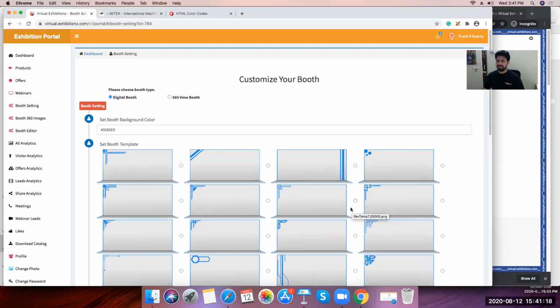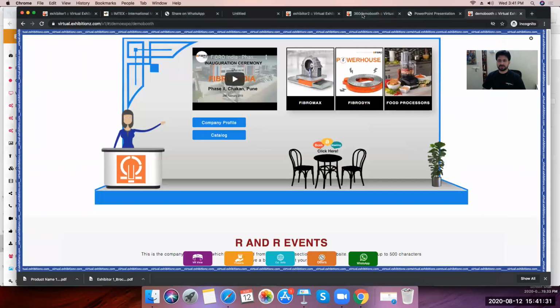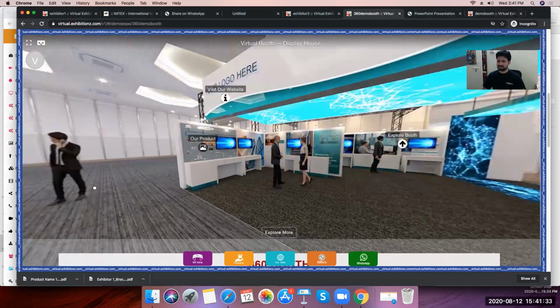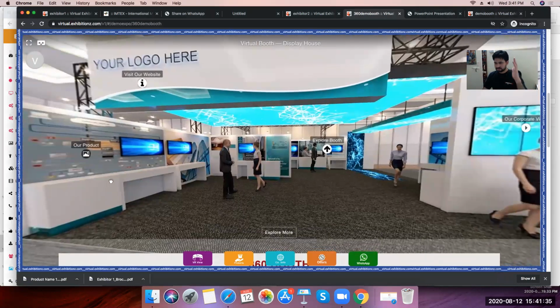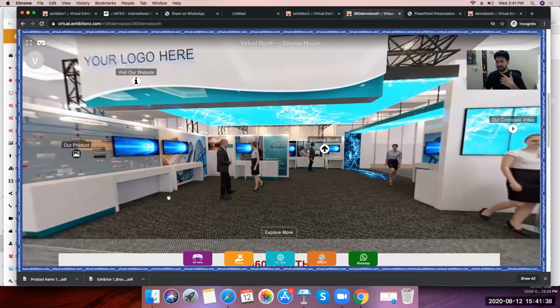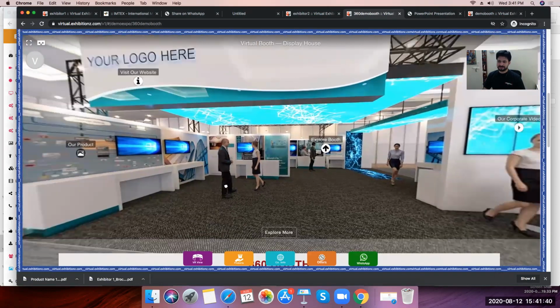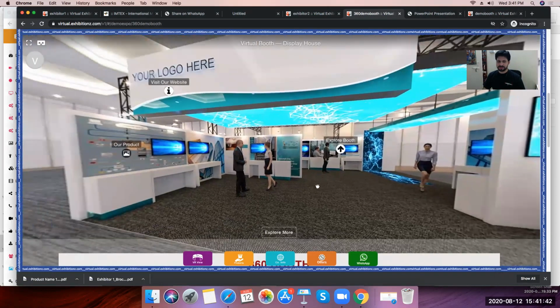If tomorrow we want to create some different design, some 3D design and something like that, even that is possible. And at the same time, as I shared, you have got this 360 booth. So the exhibitor can be as imaginative as possible with it.